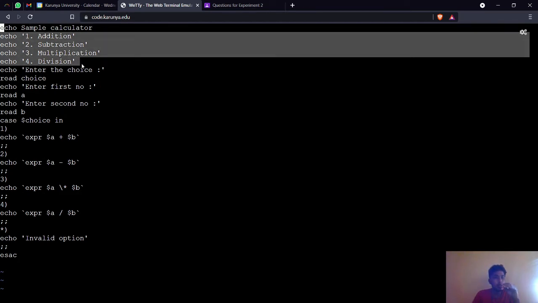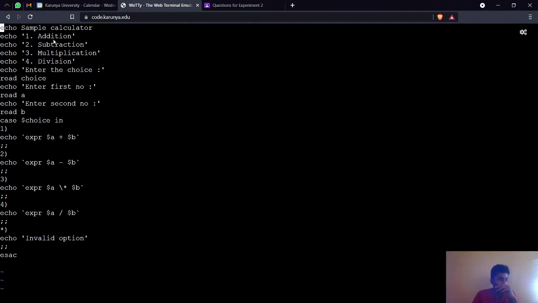Next, I am going to display the menu. Here the menu is addition, subtraction, multiplication, division, the basic operations we are going to perform. The menu will be shown, and I am asking the user to enter the choice. To get the choice from the user we use a command called read.